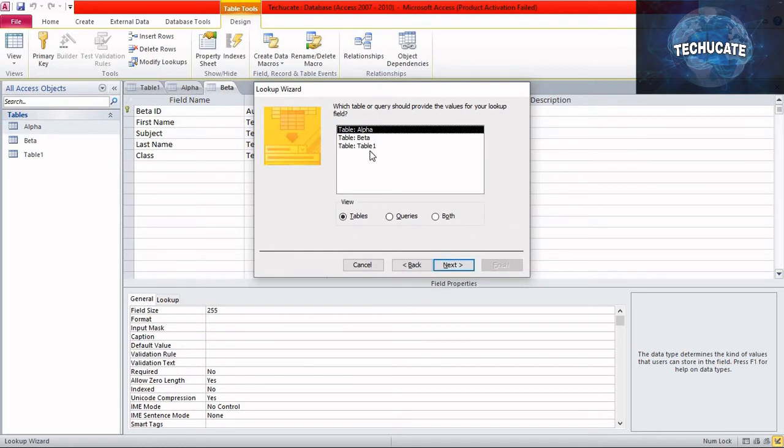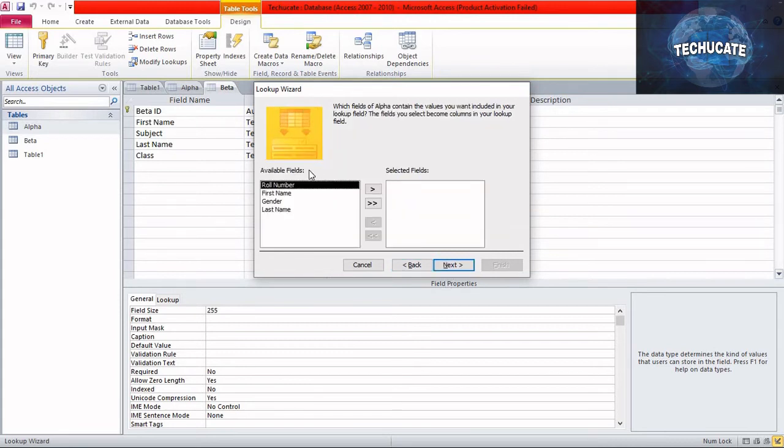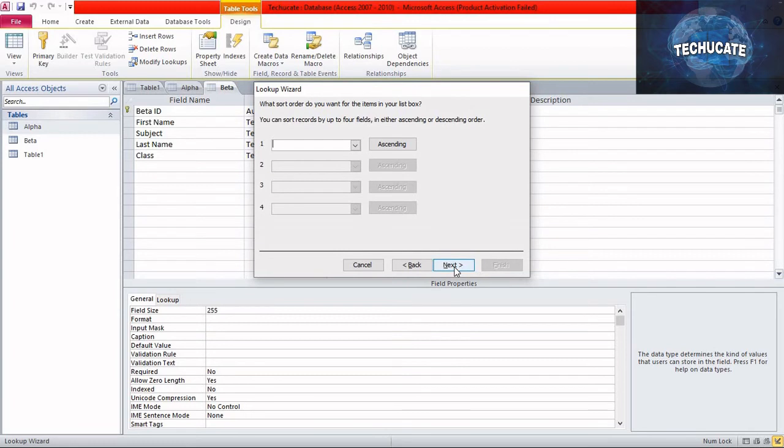I wanted to relate this beta table with the alpha table, hence I am selecting the alpha and click on next. Click on roll number, as I want the class to relate with the roll number of alpha entity. Click on next and click on finish.